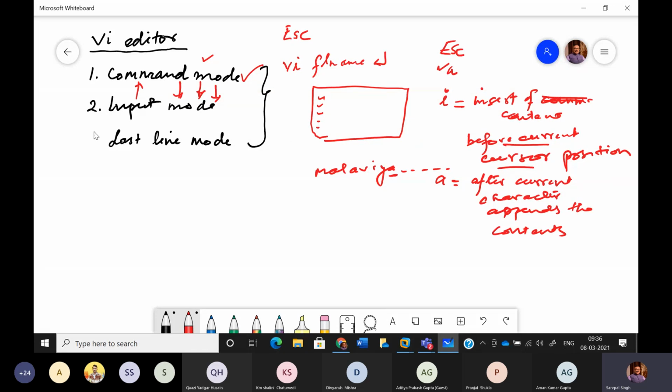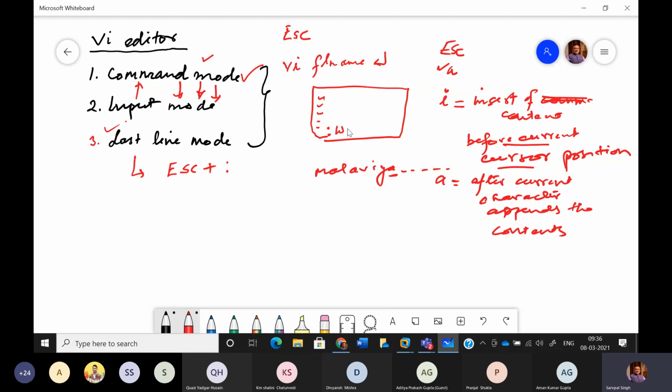ठीक है. ये जो तीसरा वाला है, इसको भी मैं आपको last line mode कहूंगा. इसमें what combination we are using? Escape plus colon sign. So when you type escape and after that when you press colon, what will happen? This colon will appear at the bottom of this screen. So that's why it is called last line mode, because of last line में you are getting colon sign. ठीक है. So now here you can issue certain commands.